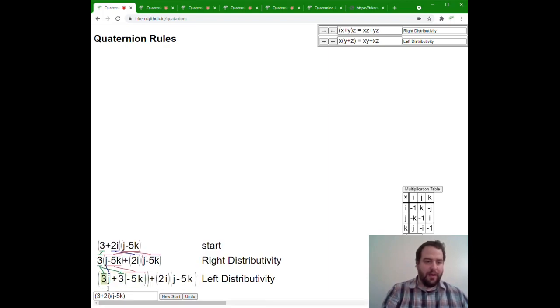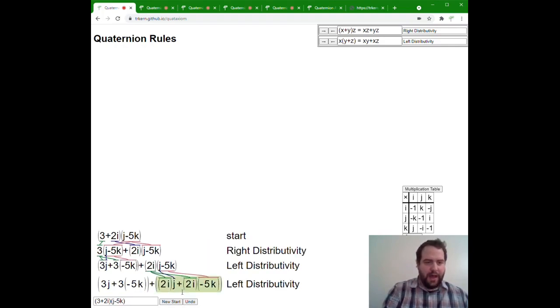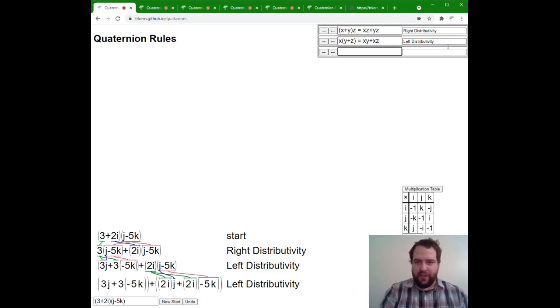So we'll get 3j minus 3 times negative 5k. And then let's also, while we're at it, distribute out the 2i here. It's going to be a little bit more complicated. And let's just kind of work from left to right, trying to simplify this. We already have the 3j, and 3j is already simplified. That's fine. The 3 times negative 5k, this system doesn't work particularly well with negation, so I'm actually going to have to add in a new axiom